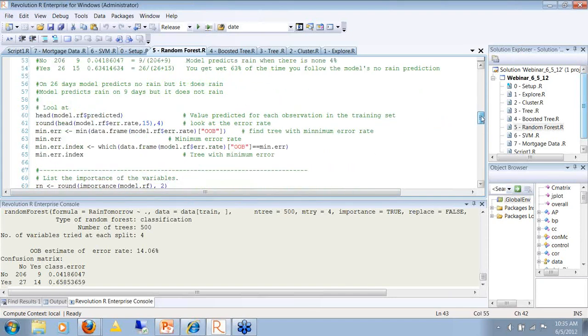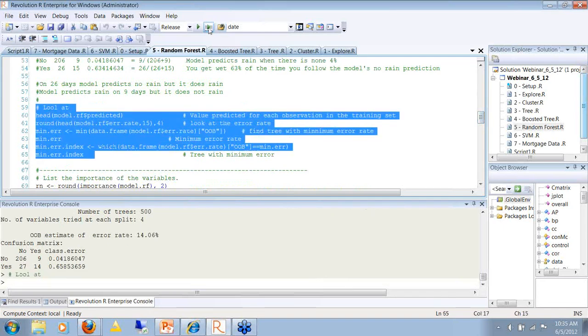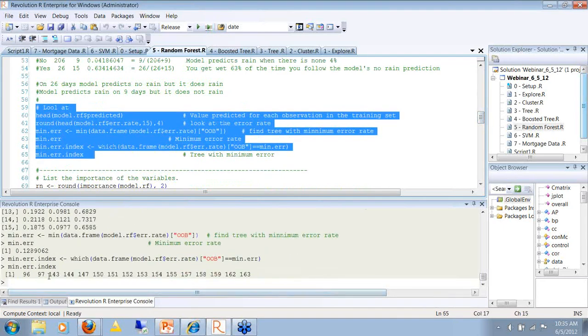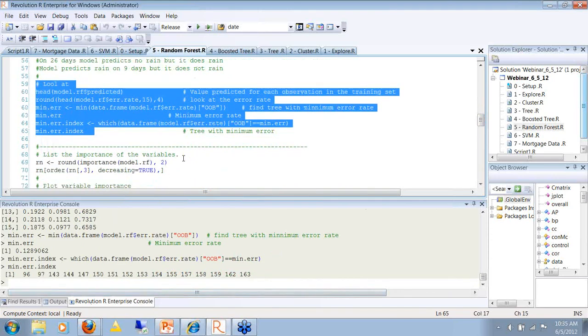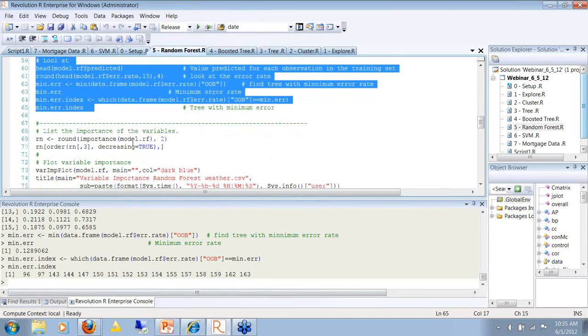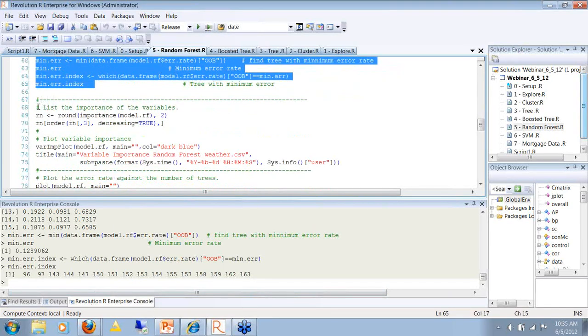Well, let's move along. We have some code to give you error rates. This shows you what the minimum error index was. So all of these models had minimal error rates. Pretty self-explanatory. Here I'm going to list the importance.